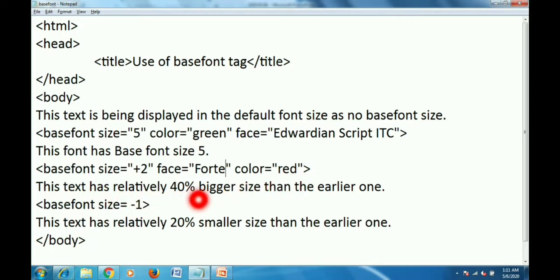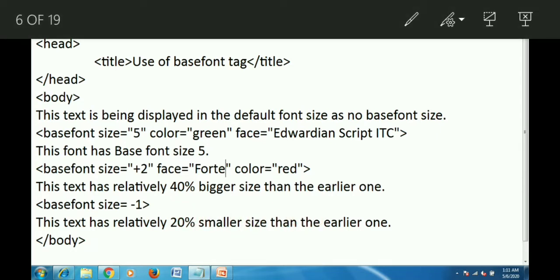So I have written some text. After this, again I am defining one base font tag where I have given size equal to -1. That means whatever is the previous value of the base font, it will decrease it by 1. For example, previously the base font value is 7, so it will decrease it by 1. That means the font size will be 6 here. After that, I have written one line.